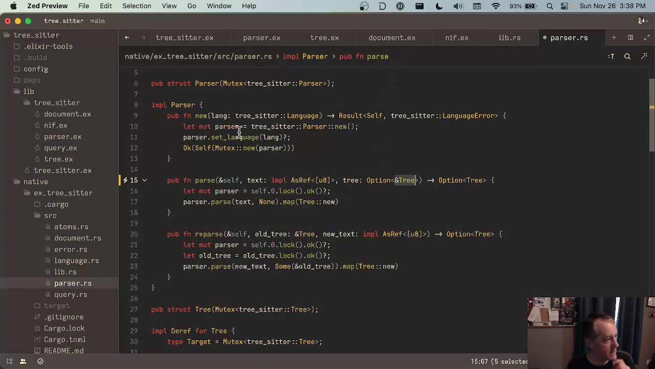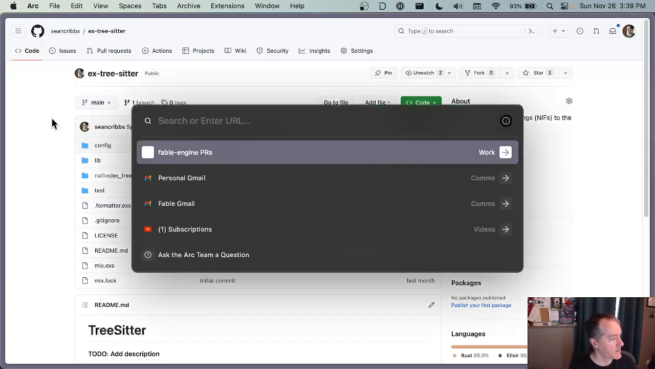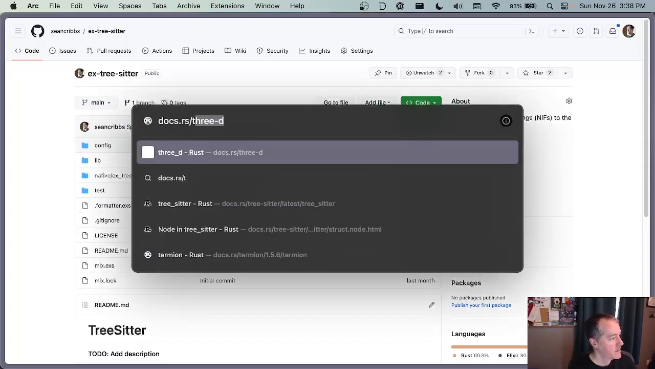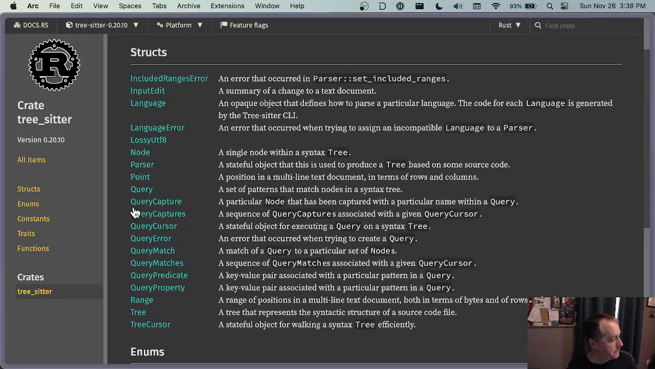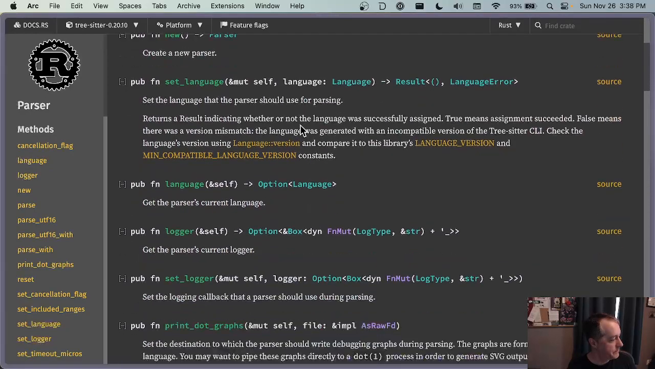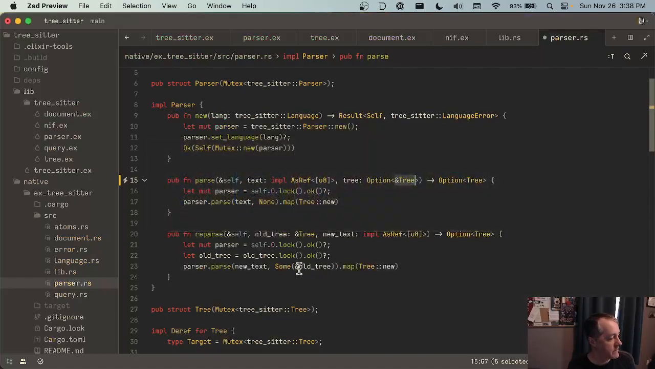Yeah, let's look at that real quick. Make sure we have the type signatures there correct. Docs, TreeSitter. Okay. So parser parse takes option of a reference to a tree. That makes sense. Which I guess I could have looked at down here, right? So we are going to